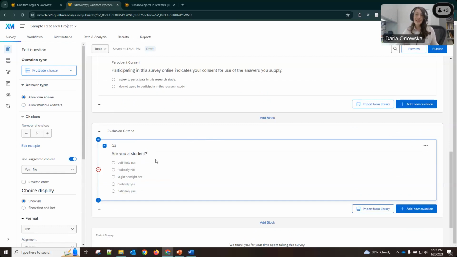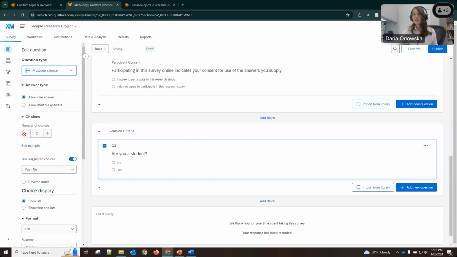You will notice that Qualtrics has helpfully, in this case unhelpfully, populated a bunch of different options for me. And I definitely do not want "definitely not" or "definitely yes" as options. I want this to be a binary. So I can go ahead and reduce the number of options, and you can see yes or no. And sorry, my screen is blocking, but you can choose to reverse the order of these options if you want to. So you can have yes first and no second. So let's say this is our only exclusion criteria for our study. If you have more, you can add additional questions.